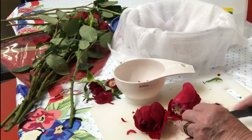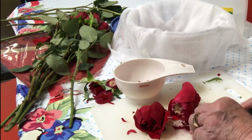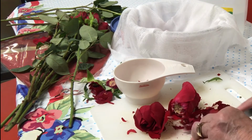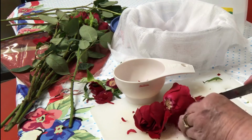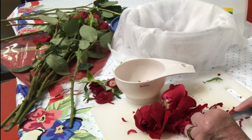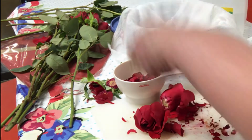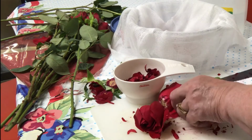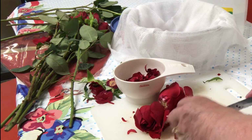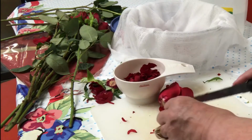Now this recipe does not use any alcohol, which a lot of perfumes do. This just has the roses or whatever flowers you use and the water. Plus, like I said, I'm going to add some essential oil to that as well. But the other ones that I will be doing down the road will have the alcohol